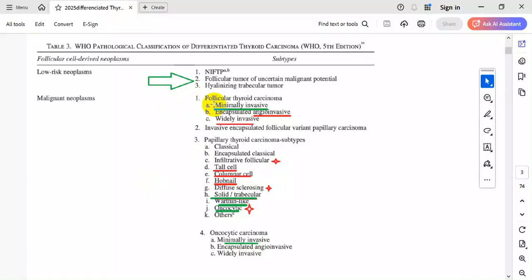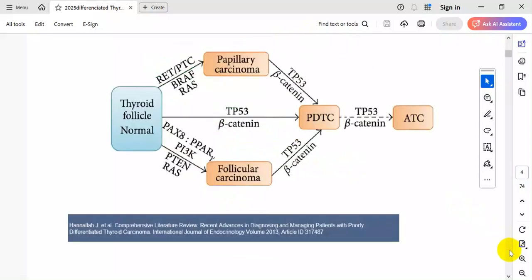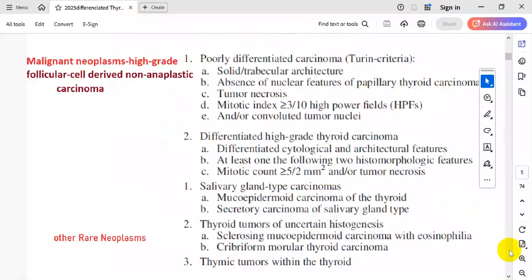And when we talk about subtypes of papillary thyroid cancers, there are many subtypes. We must consider that tall cell, columnar, and hobnail are very aggressive subtypes. So that's why here, going for